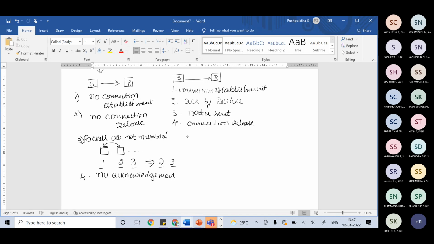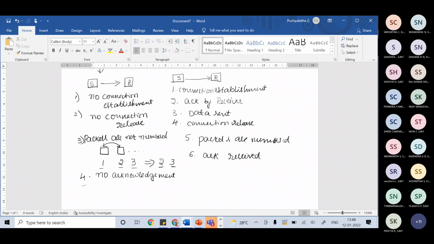But in the connection oriented case, we number the packets, and we get an acknowledgement. Acknowledgement is received for each and every packet that you send. In connectionless service, there may be delay or loss of data, or packets may arrive out of sequence.